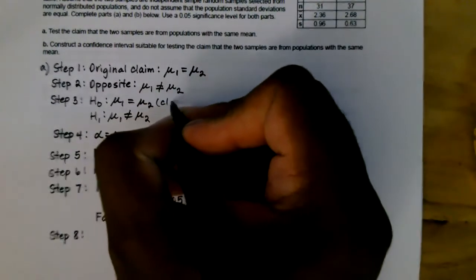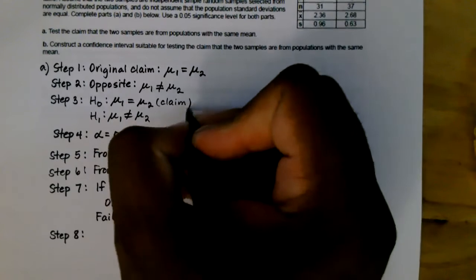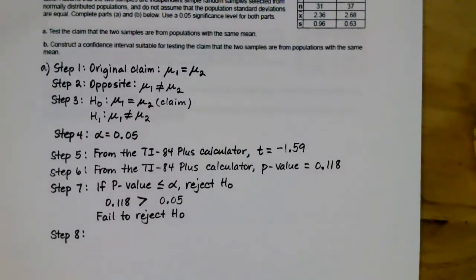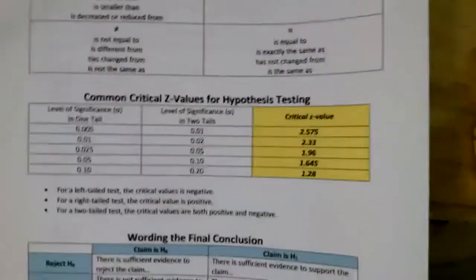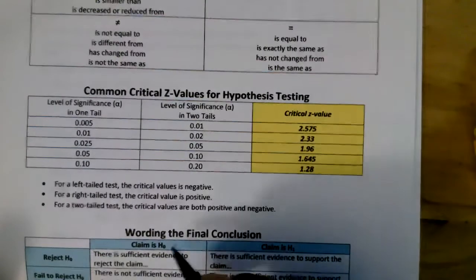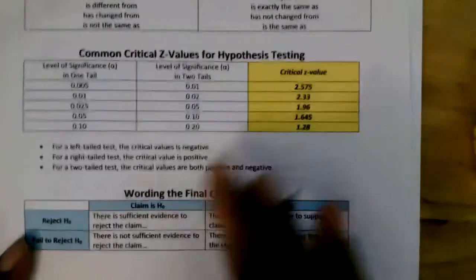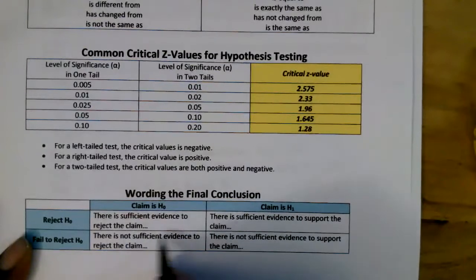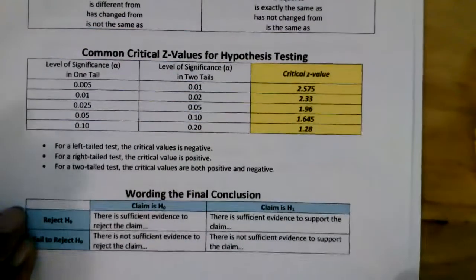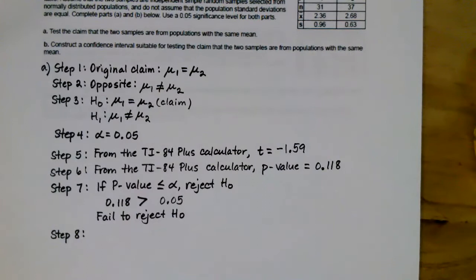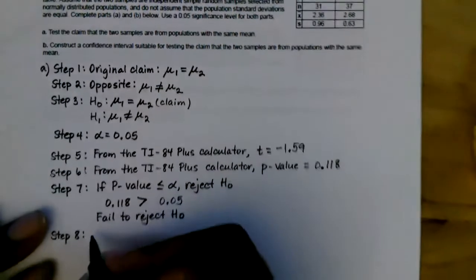And by the way, I need to mention that this was a claim. The null hypothesis is the claim. And we failed to reject the null hypothesis, and the claim was the null hypothesis. So that means that there is not sufficient evidence to reject the claim. In other words, we can say that there is not